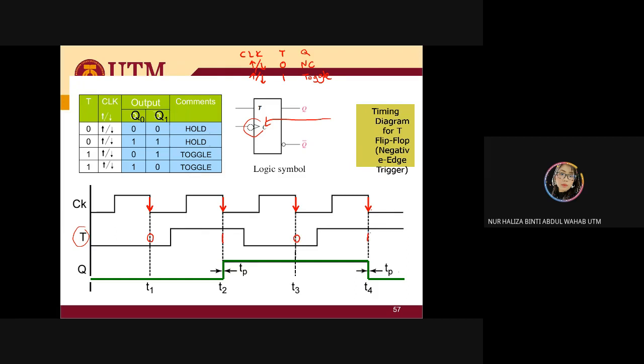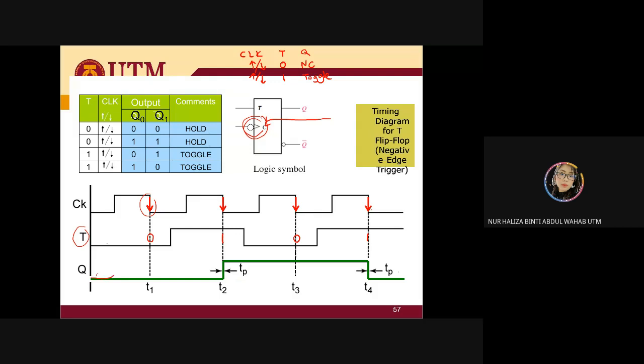And from here, let's say the beginning of initial Q is 0. You're going to continue until you meet a clock, isn't it? Depending on your flip-flop. If the clock is positive, you're going to stop